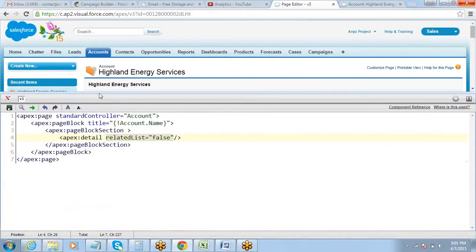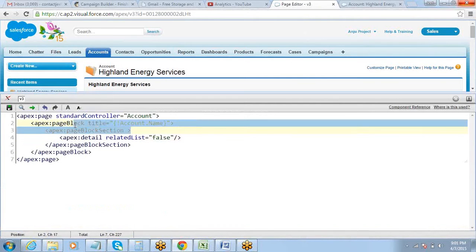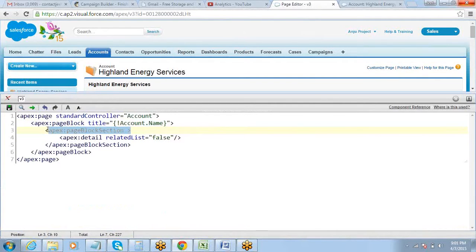This page block section component by default has 2 columns, which means the detail component, which is a child of page block section, gets into the first column. Page block section has 2 columns by default, and inside that I've put another component. This is getting into the first column and the second column is completely empty.